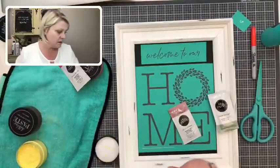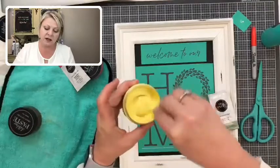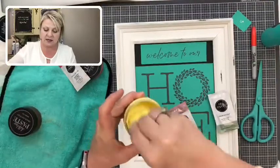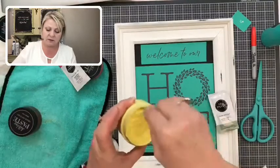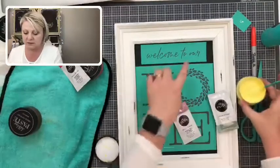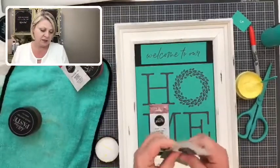So, just throw it down anywhere. Oh yeah, that one's ready to go. Nice and almost like cake batter. It could use a little bit more water, but I'm not going to. So I'm just going to stir it up. I think I will do welcome to hour and then. Okay, so with the chalk paste,